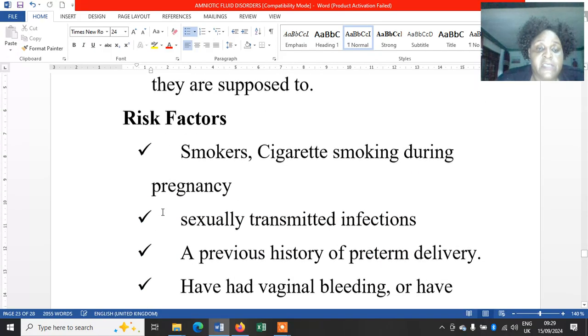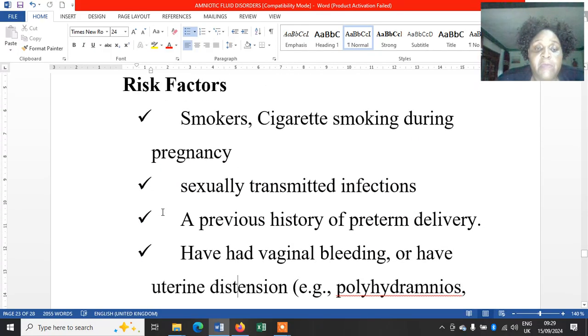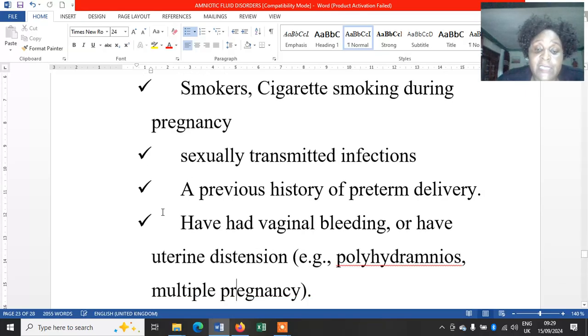So what are the risk factors? What are the people who may face this? Those are the people who smoke cigarettes, who have sexually transmitted diseases, who report a history of preterm labor, who had vaginal bleeding or uterine distension like